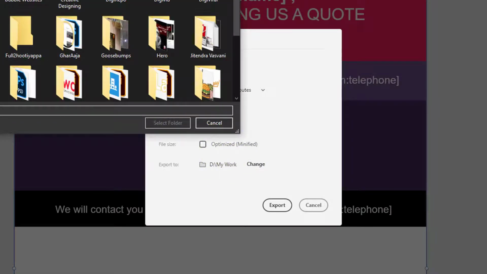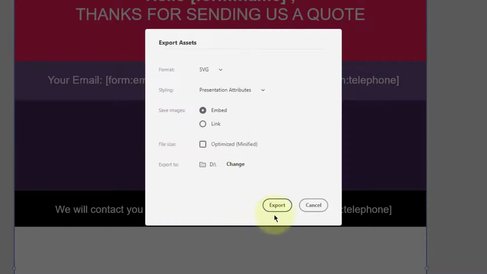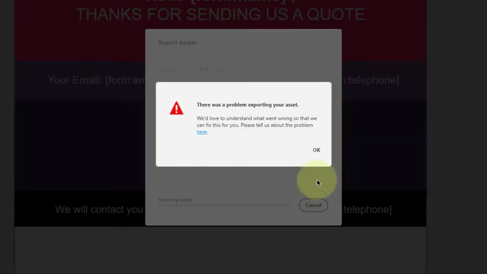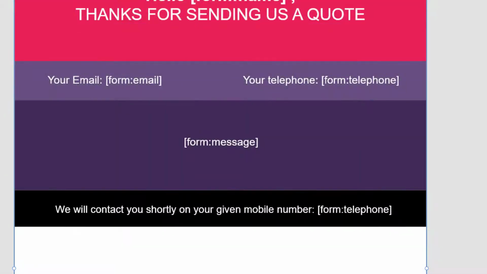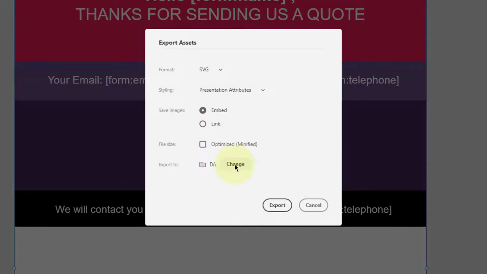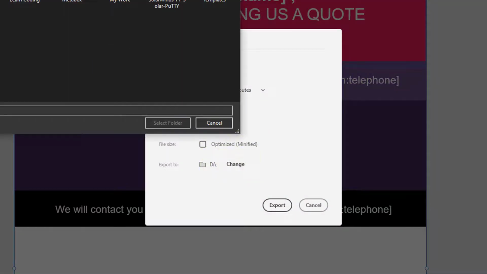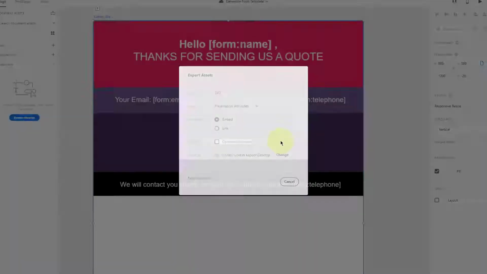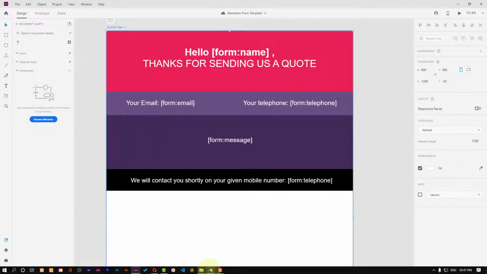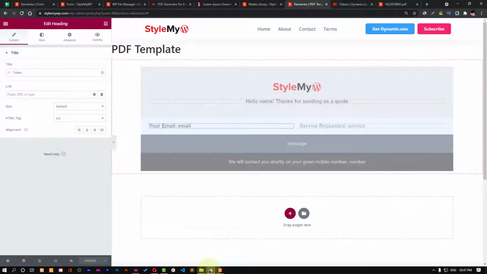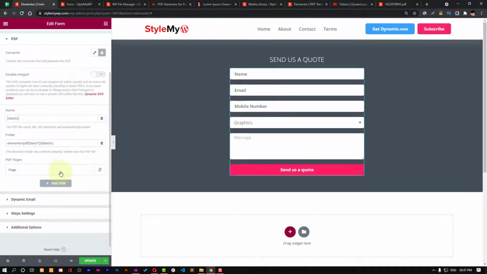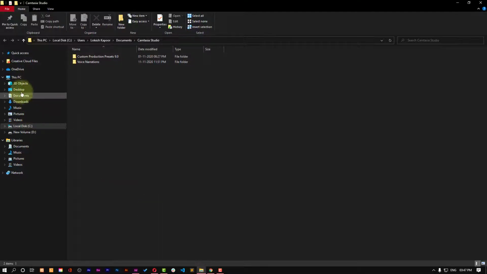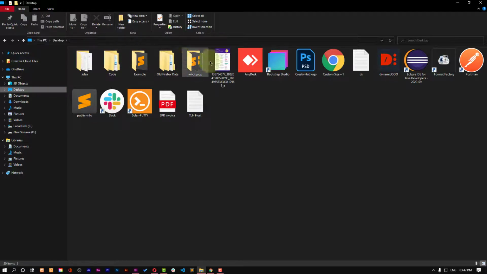Like I will save it in my D drive, select it and export it. But there's a problem, let me export it again, changing its location. Let me change it to desktop. Cool, now it's there. And let me just get back to here, and in my form I can use this, but first I will need to get the code.